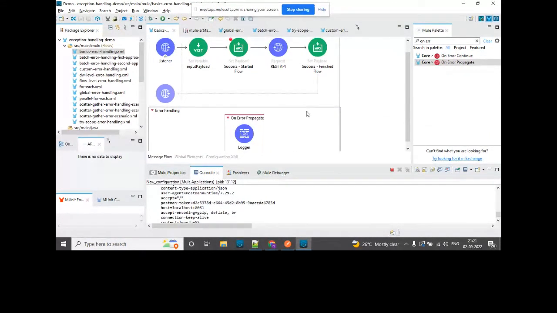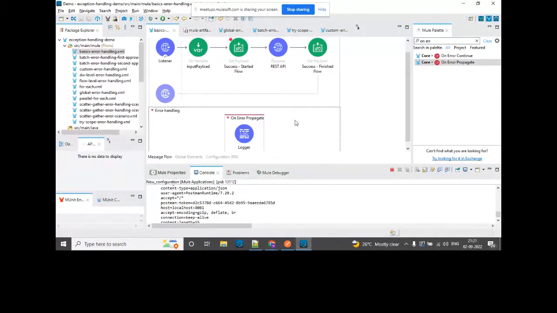So when we basically use on error continue, there are multiple scenarios. Suppose I want to process multiple records, suppose in a for each or somewhere. So if one of my records is having an error, it should not halt the other records' execution. So that's the stage where we can use on error continue. So where we want to process other records, even if one record is failing, that's the scenario where we use